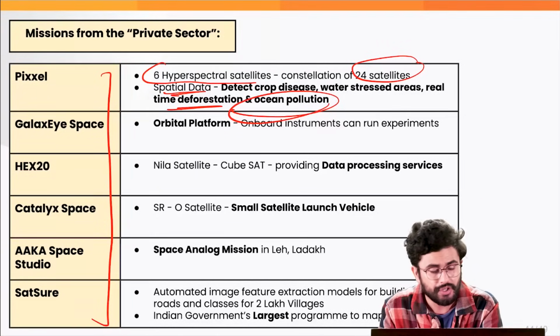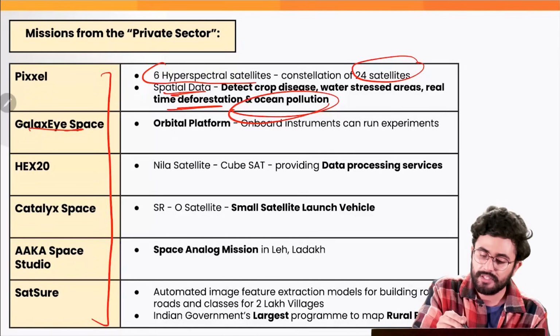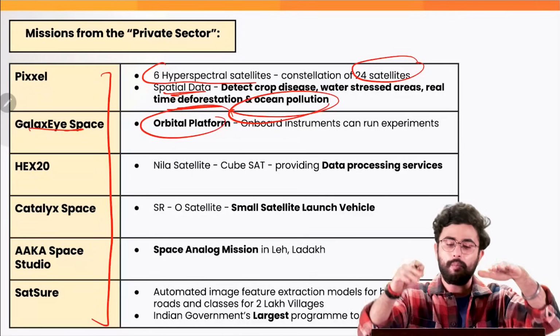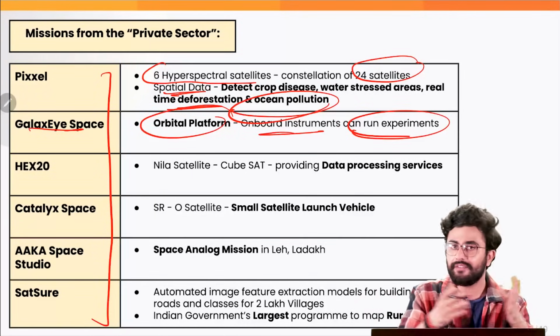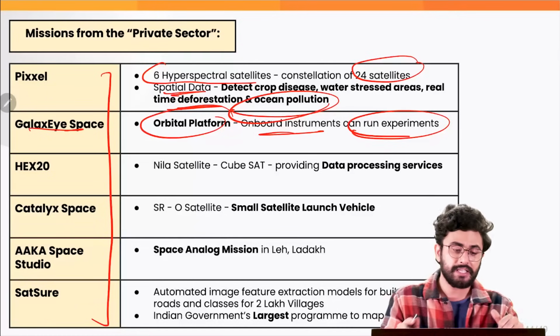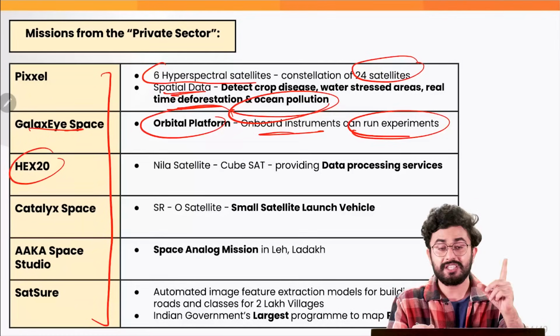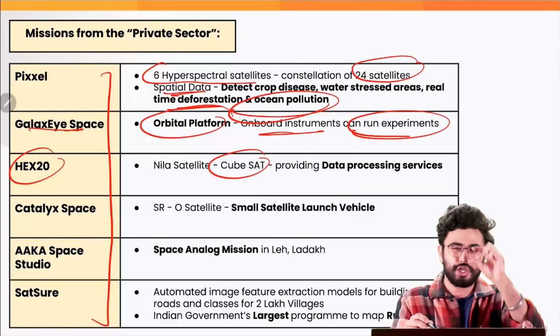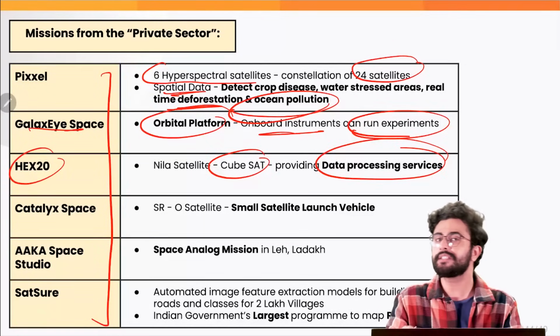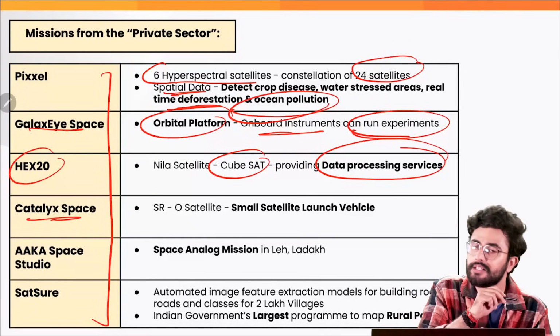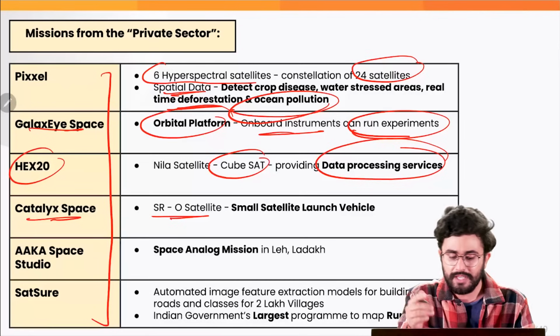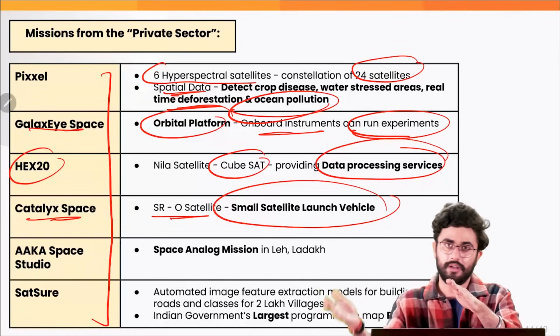and ocean pollution. Then there is Galaxy Space, which is basically creating a kind of an orbital platform where the onboard instruments can run various kinds of experiments in space. Third is Hex20, which is launching the Nila satellite, which is basically a CubeSat which will provide data processing services. Then there is Catalyst Space, which is launching the SRO satellite, which will be able to launch a kind of a